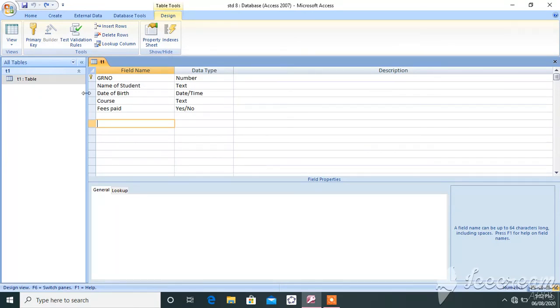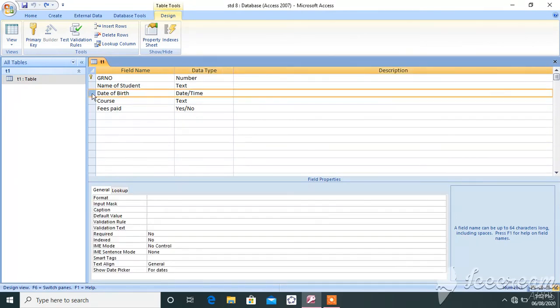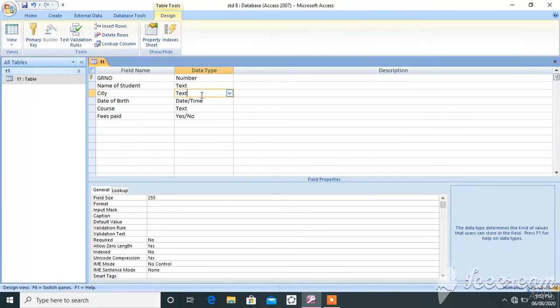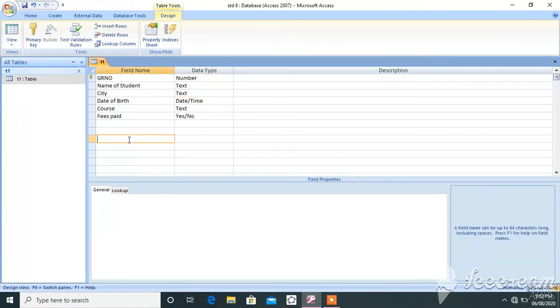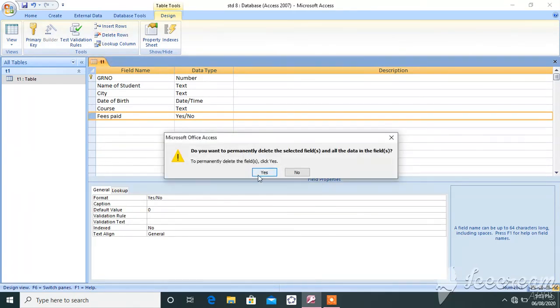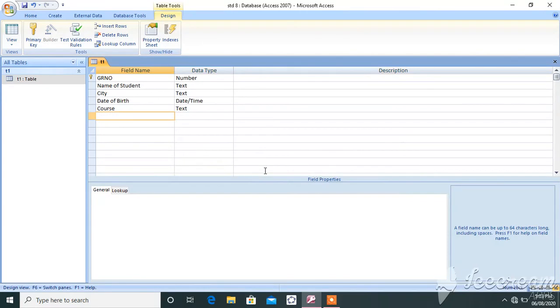So just click below to date of birth, click on insert row. See, one more row get added here. So you can add city as a text. The same way you can delete a specific row from the table also. How to delete it? Just click to that row, click on delete row. Okay, that row get deleted from the table.